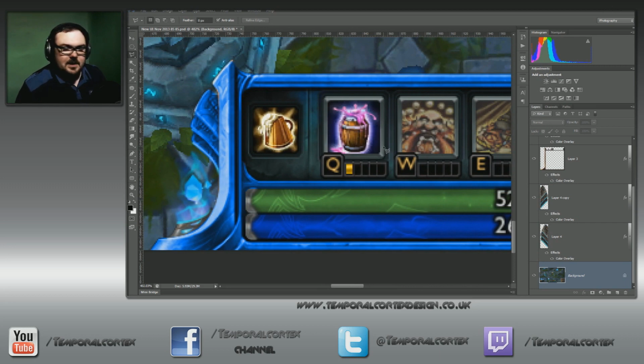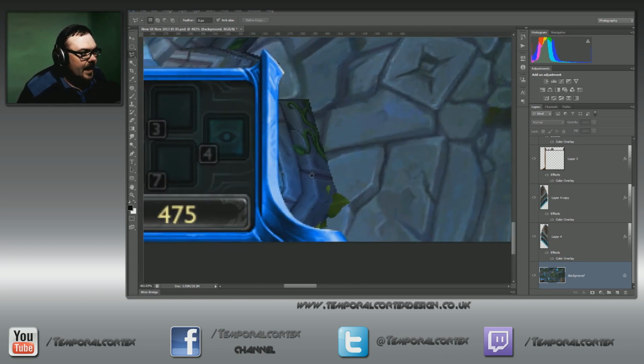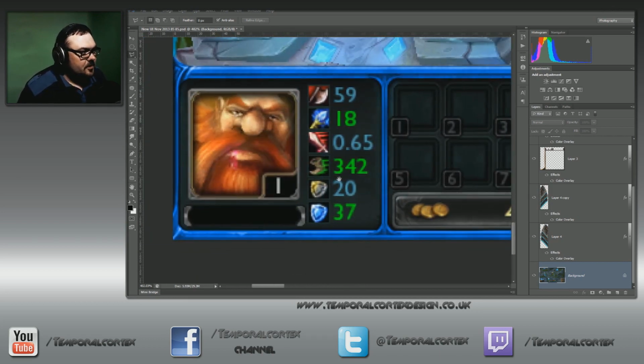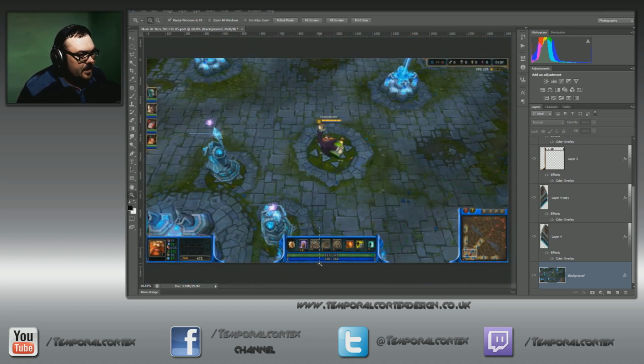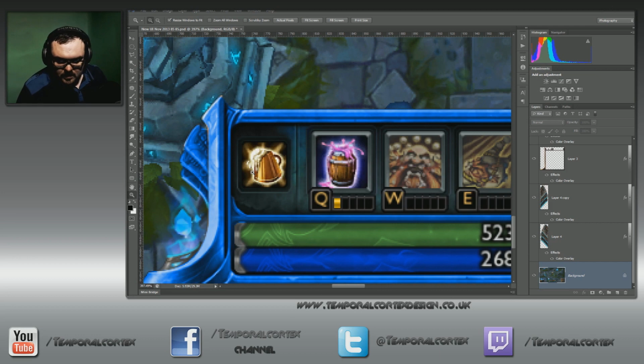So basically what you can do is you can cut out all the stuff and alter all the things that do not change while in game. If they remain static, like your keys or your item numbers, you can change those. The surround for the portrait, you can change that. So what we're going to do is we're going to look at this, and